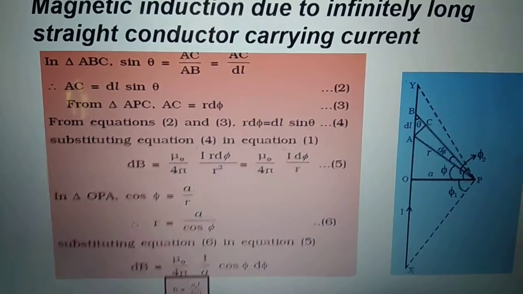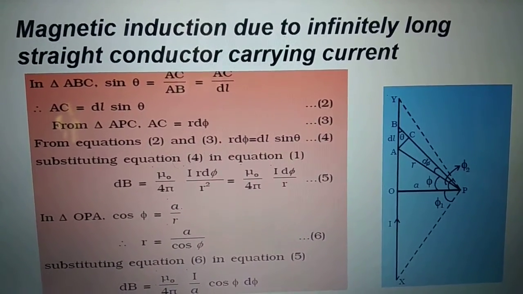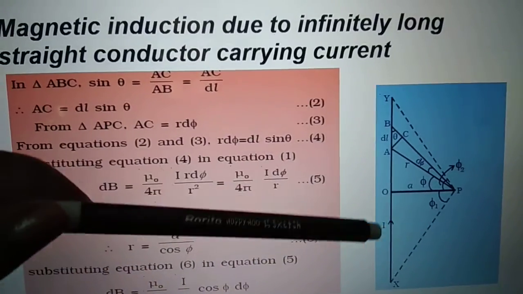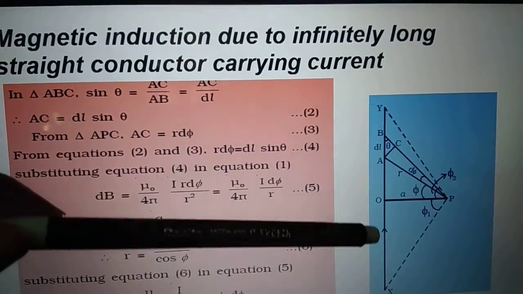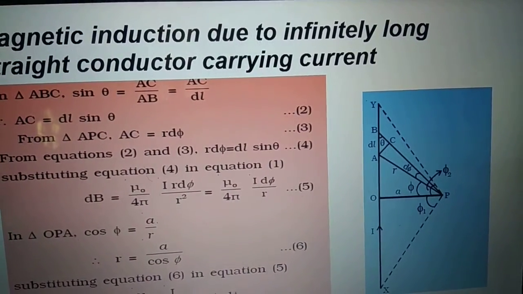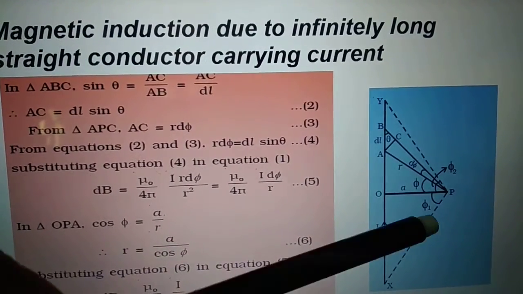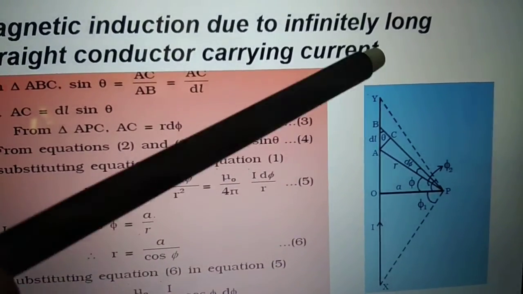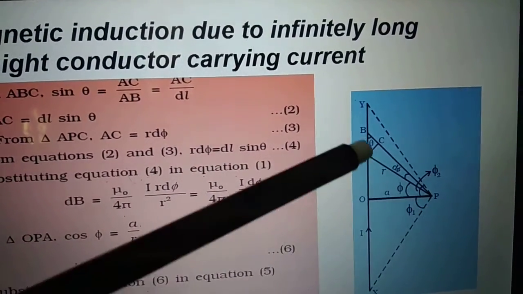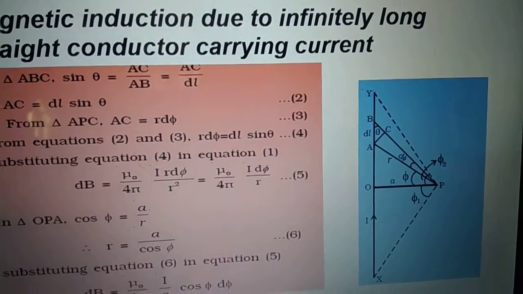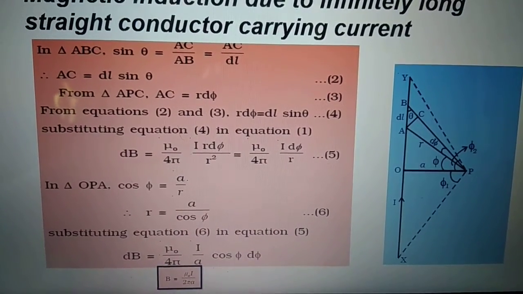As we have already established, any current carrying rod or anything would act like a magnet. In this particular diagram, we can see one long current carrying wire. It is carrying the current in this particular direction, but I want to find the magnetic field at the point P. Since it is an infinitely long wire, I will do a little construction. I will draw some perpendiculars and find out the values of phi 1 and phi 2. So I can do this derivation this way.